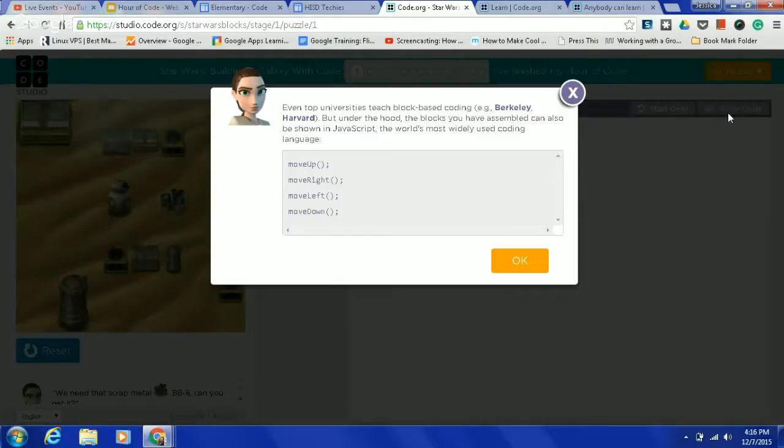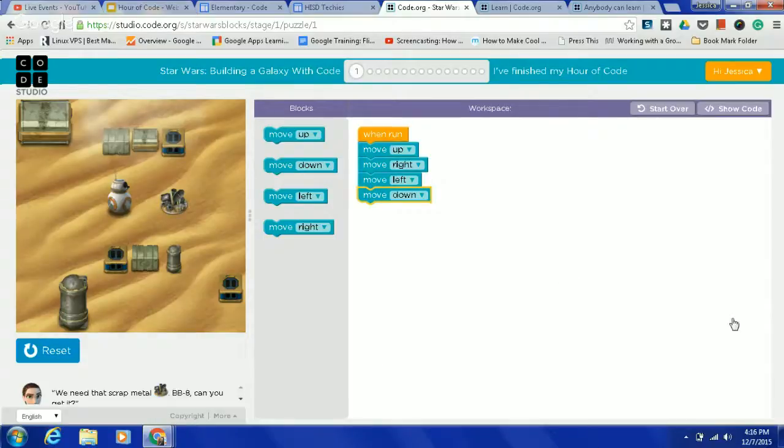There's this language in coding called HTML. These are the codes that the students would be putting in, and this one in particular says this is shown in JavaScript. So they're using a very difficult language to use, but it's doing a lot of the work for them. But I love the fact that they're using the language that they would use if they were actually out in the tech industry. It even talks about how Berkeley and Harvard have used block coding to kind of get their computer science students in there.